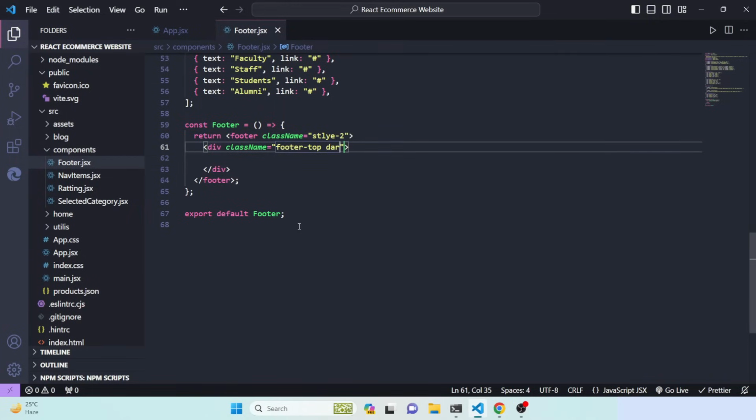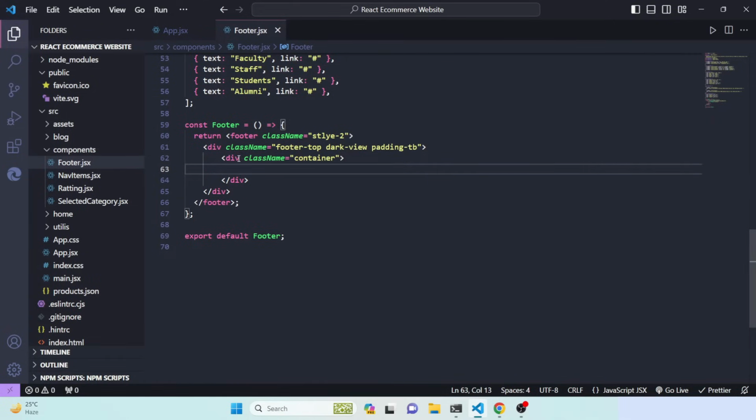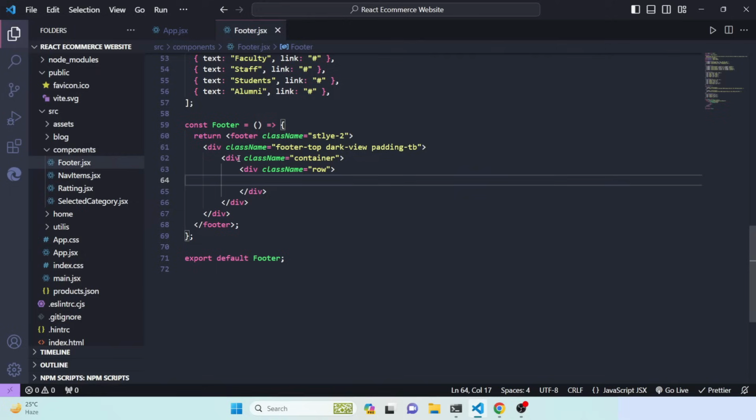And then this is a dark view, and then padding tb, top and bottom. Okay, fine. And right now we'll define a div that would be a container, so it would be a container class, and inside this container we have another div, so this would be a row. So this is row, and inside this row we have some columns, so that's why div col, that means it's